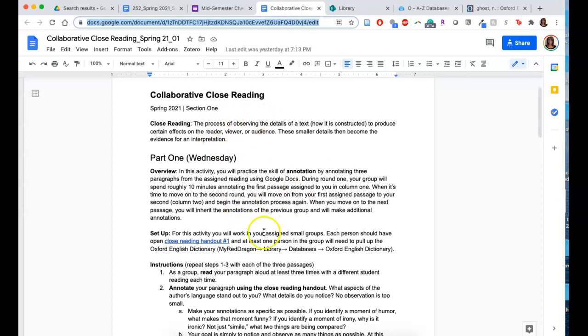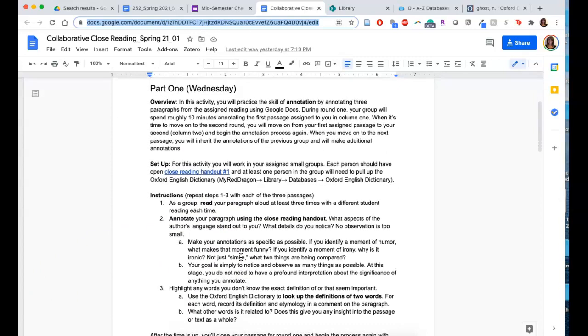So here you have the description. So this is going to be to practice close reading, that skill that we've been talking about since day one of class. Just to review, close reading is the process of observing the details of a text, how it is constructed, to produce certain effects on the reader, viewer, or audience. These smaller details then become the evidence for an interpretation. And so what we're going to be doing today is part one of this activity,